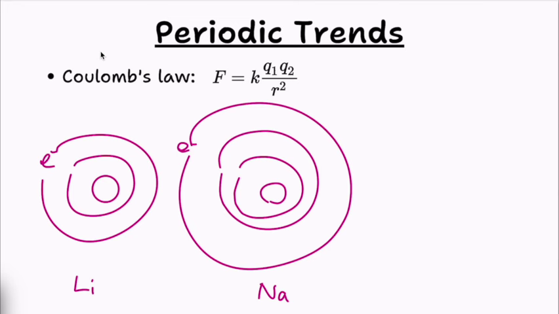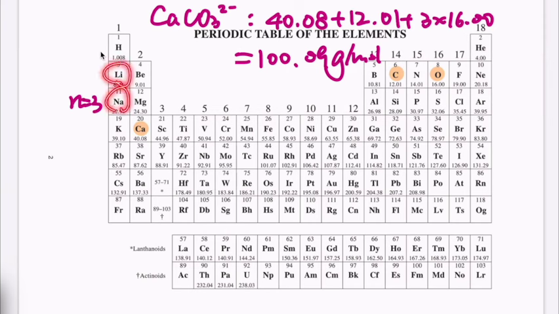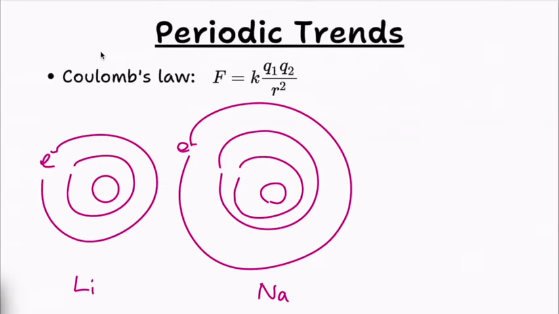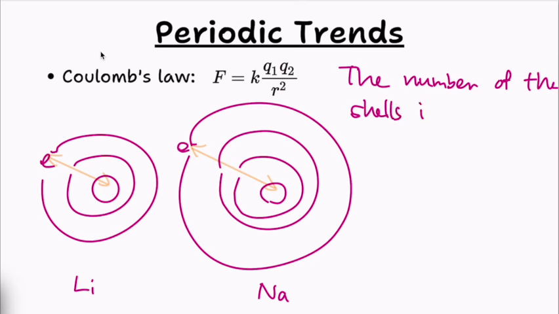Okay, so lithium and sodium, both of them are in group 1. One is in the shell of n equals 2, one is in the shell of n equals 3. So obviously sodium has one more shell, which means the valence shell electrons will be further from the nucleus. Of course, the distance between the nucleus and an electron will increase when you go down the periodic table. The number of shells increases down the periodic table,